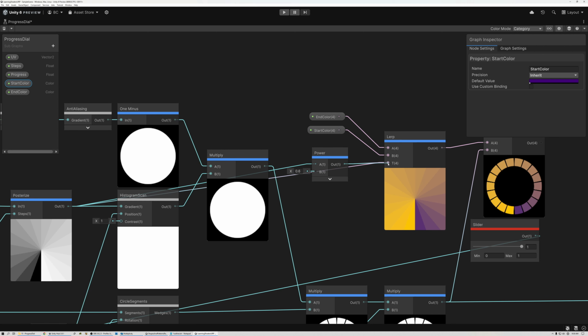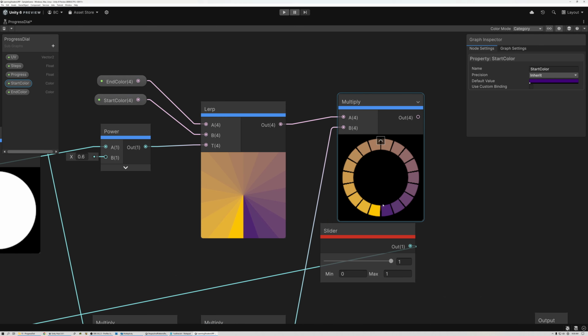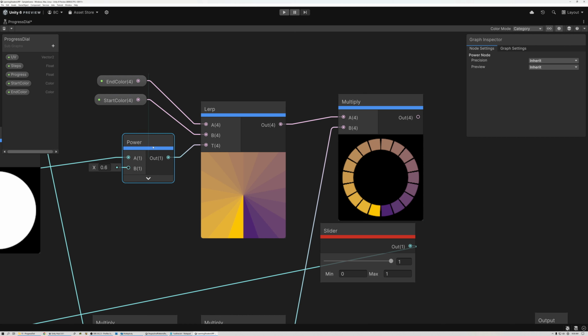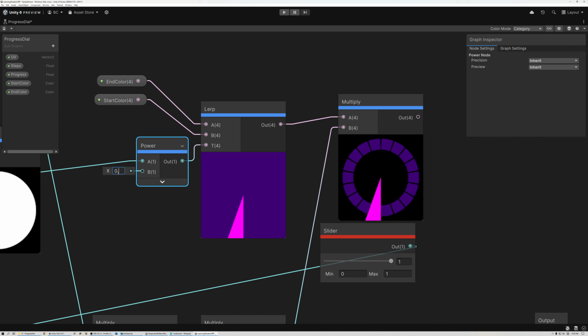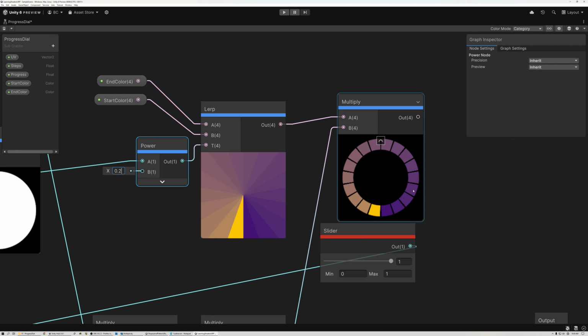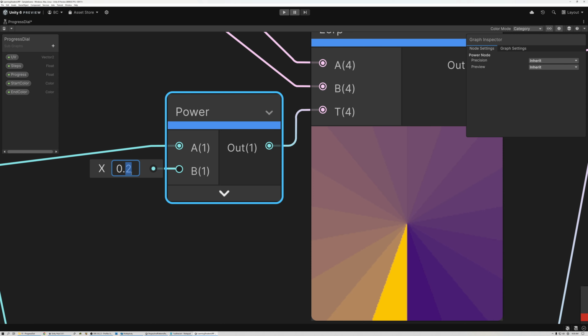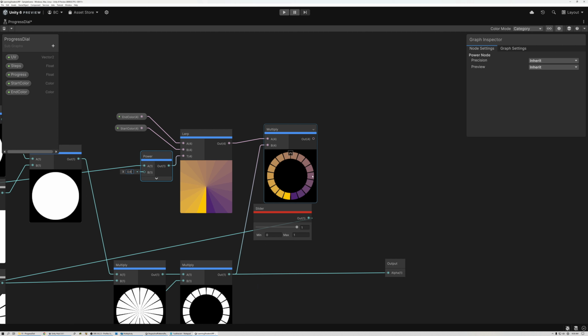So now when I plug my mask in, you can see that that gives me just a little bit more purple coming around this circle. And obviously you can tune this to however you'd like it to be. The higher this value goes, the more yellow you're going to be getting. But as soon as you go below 1, the lower this value goes, the more purple you're going to be getting. So you can tune this power value here to control the balance between your start color and your end